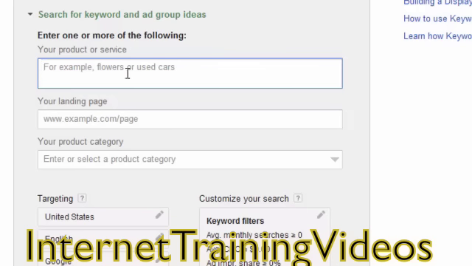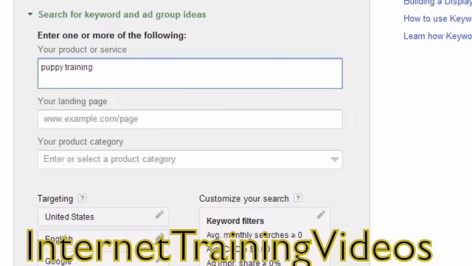So instead of picking a very specific keyword phrase, try to think of a main keyword phrase that relates to your product, whatever product that you're selling, whether it's an affiliate product or even a service that you are providing. So think of a general keyword that relates to all of that. So let's say, for example, that I am an expert in dog training, specifically with puppies. So I'm going to type in puppy training,